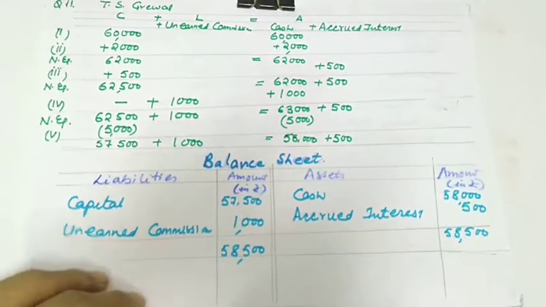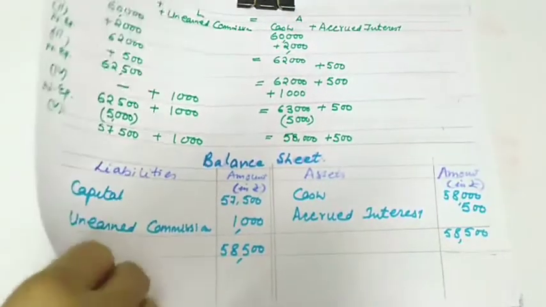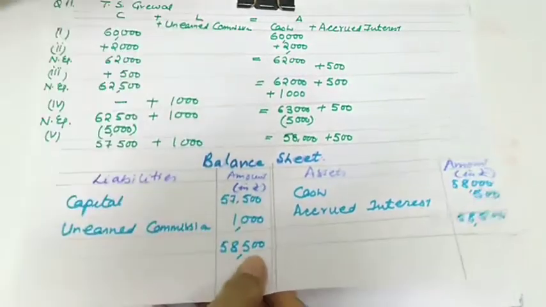So let us do one more numerical, and that is question number 15 from T.S. Grewal's book only. But let us read question number 15 first. So this is question number 15. I hope you will be able to see this question number 15 on your screens.